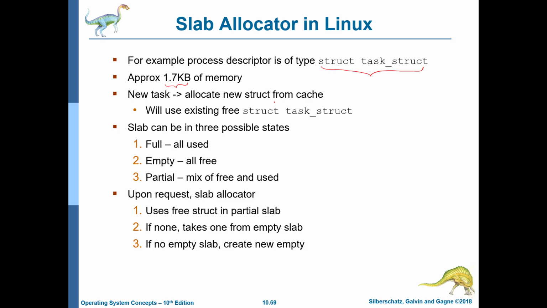So the moment that we have a new task, we allocate a new object from the cache, which is of the type struct task_struct. And as I just said, every cache has some amount of metadata that allows it to track which slabs, and which memory regions within each slab, are free. Then it takes one such memory region, returns a pointer to it, and that becomes a pointer to the object, and the object in this case is struct task_struct.